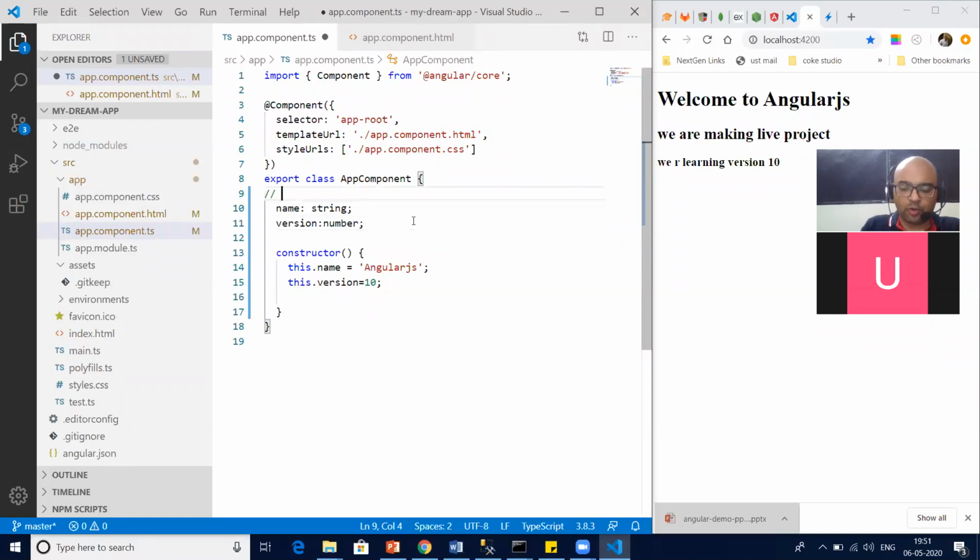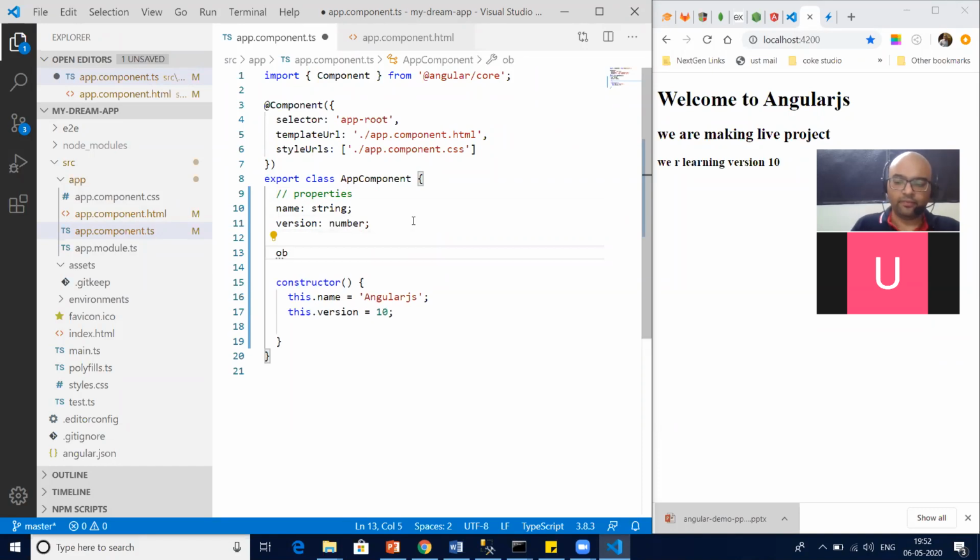But apart from properties, what else do you see in a class? What else do you think we have in a class? We have an object. Do you agree we have an object in OOPS in a class, right?